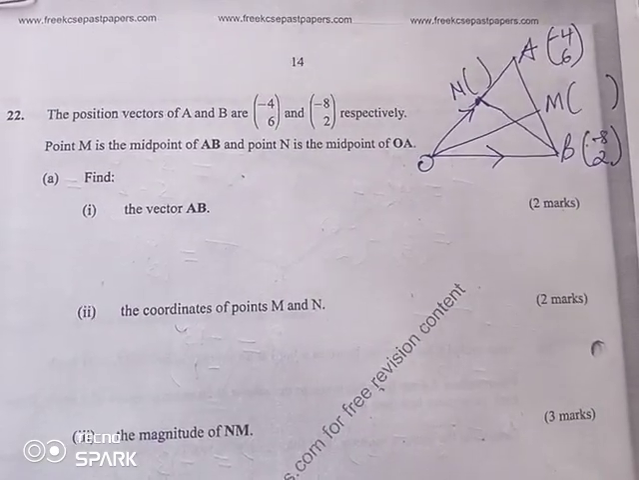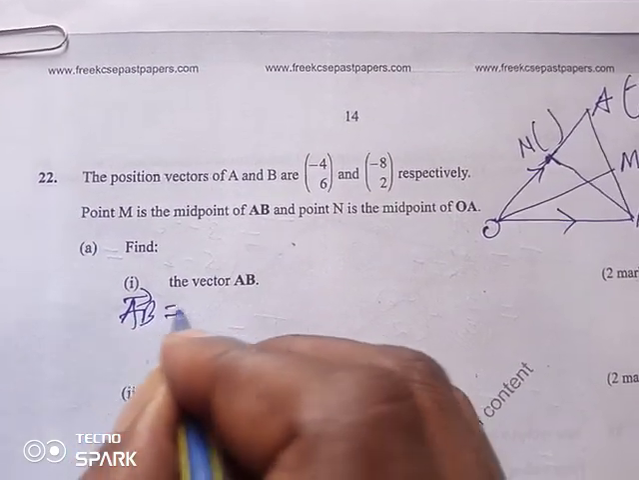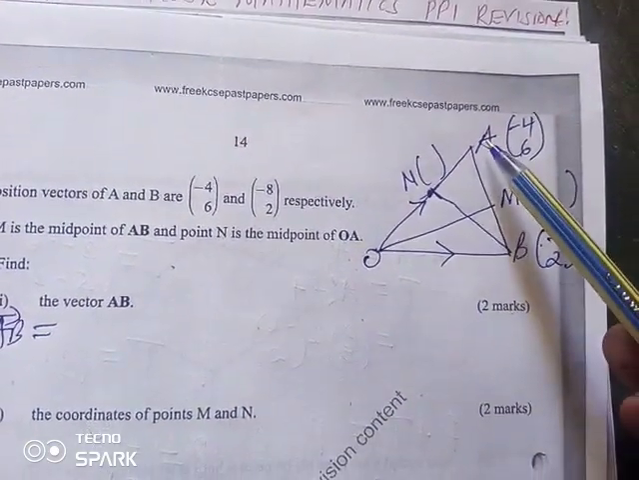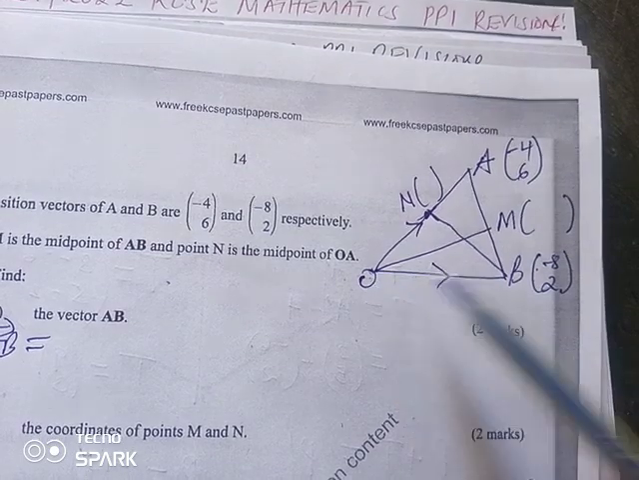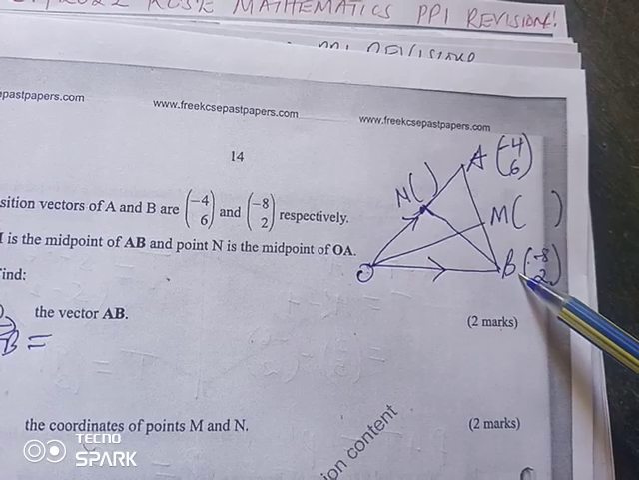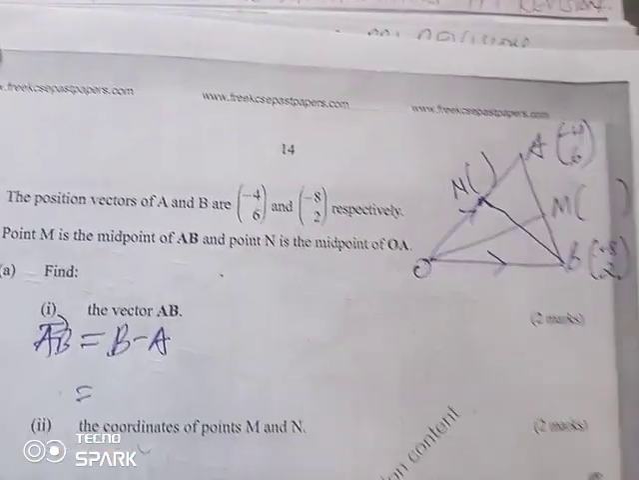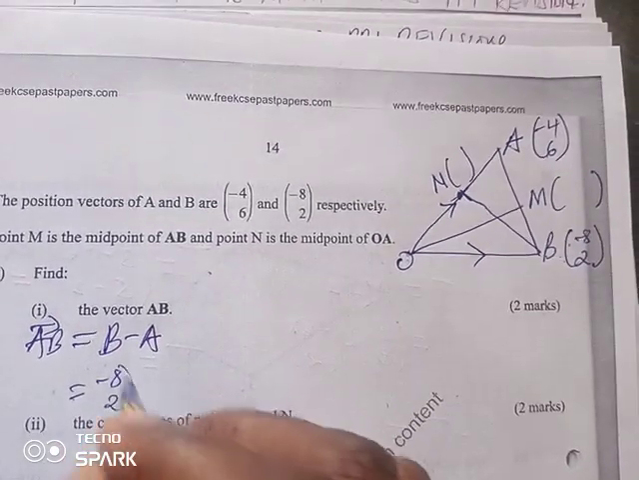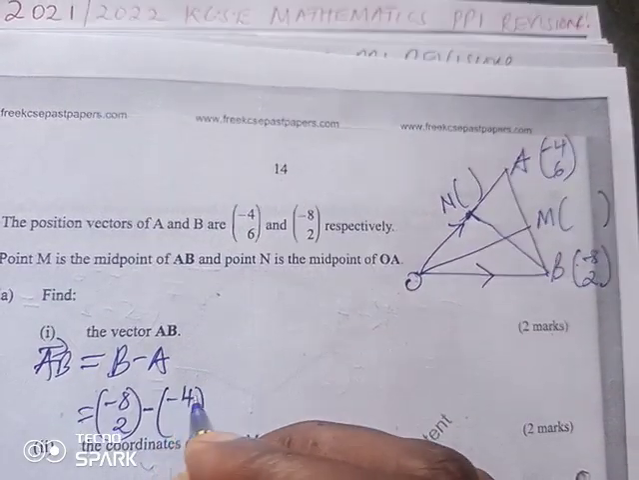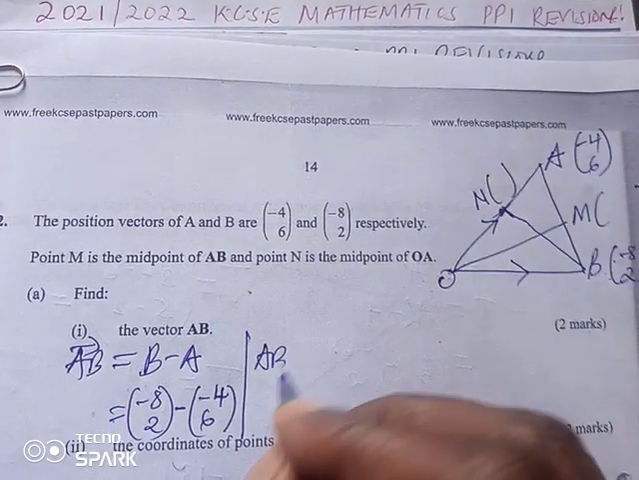So find AB. Without wastage of time, vector AB we all know. AB is, we have to come to O, then to B. So in short, it's simply the position vector of B minus that of A. Simply B minus A. So what do we get here? That is (-8, 2) minus (-4, 6). So AB shall therefore be